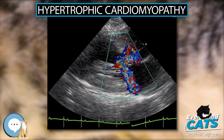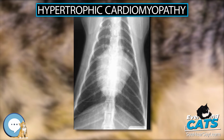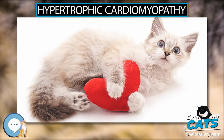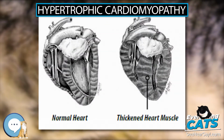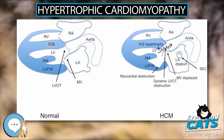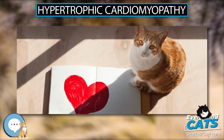Cardiac catheterization. Upon cardiac catheterization, catheters can be placed in the left ventricle and the ascending aorta to measure the pressure difference between these structures. In normal individuals, during ventricular systole, the pressure in the ascending aorta and the left ventricle will equalize, and the aortic valve is open. In individuals with aortic stenosis or with HCM with an outflow tract gradient, there will be